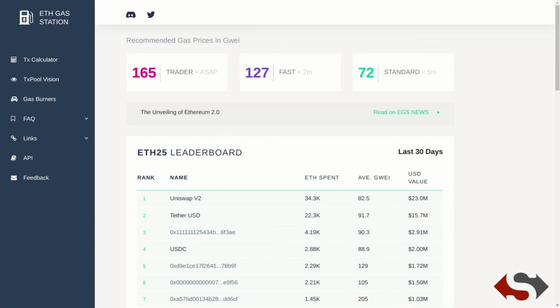While we were confirming the transactions, you might have noted one thing, that I edited the gas fees. That's because MetaMask wallet will automatically make you spend an average of 100 to 110 GWEI per transaction. But as per ETH Gas Station, we only need to submit around 72 GWEI per transaction. That is a standard value. The standard speed of less than 5 minutes, with which you will have to give 72 GWEI per transaction.